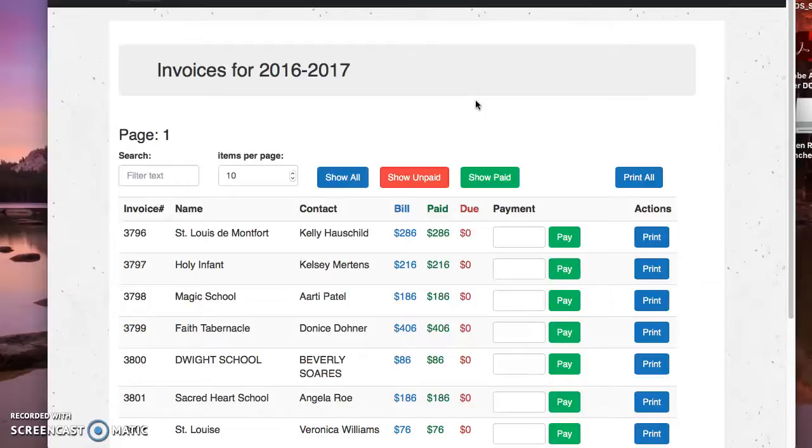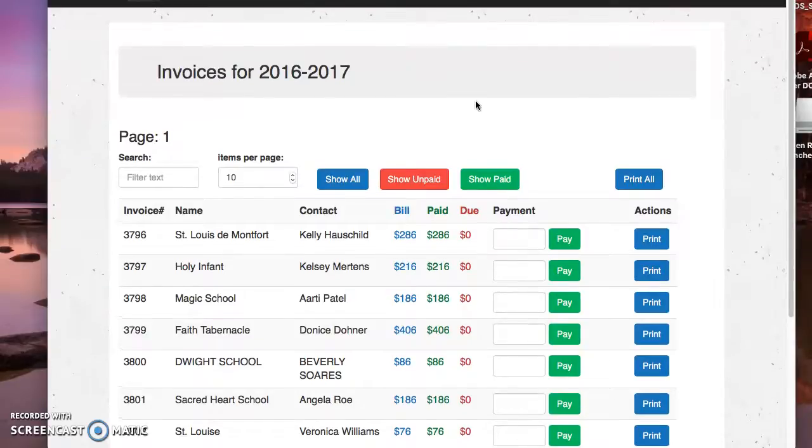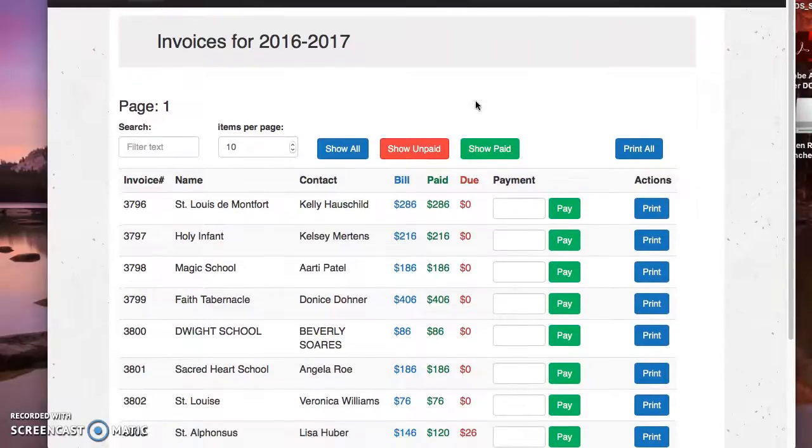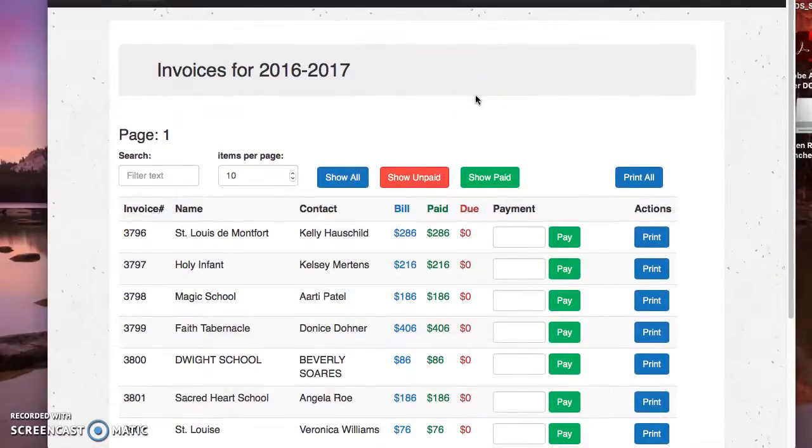And also, the last part of the tech stack is I'm using Bootstrap for the front end development. So PHP and Angular, MySQL, and Bootstrap. So there's my project, guys,